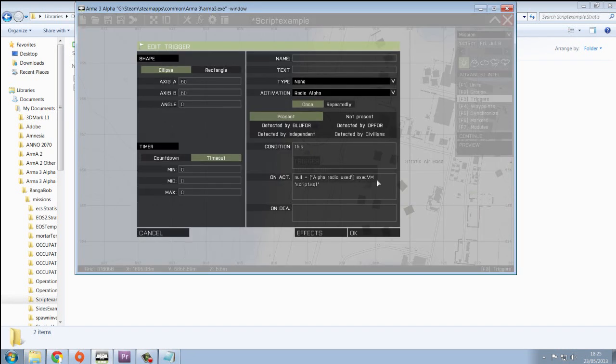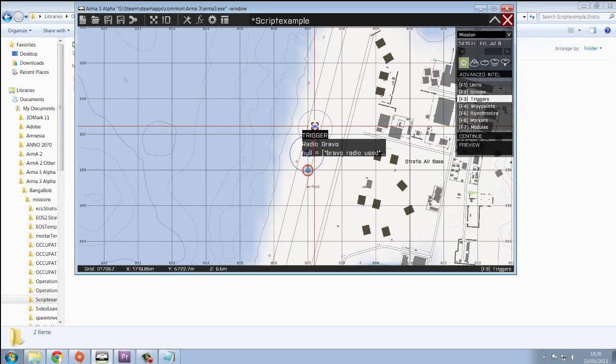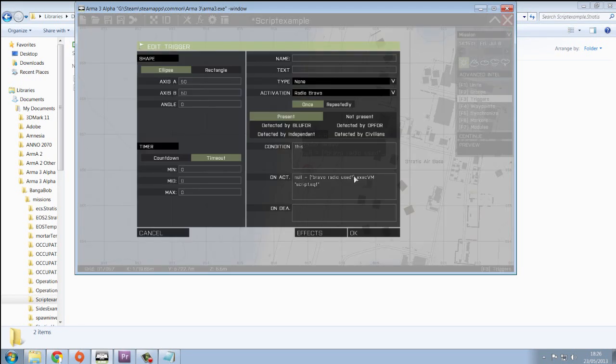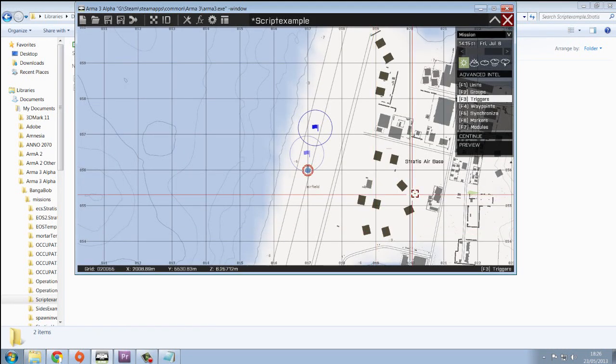All we want to do is comma and type true. No speech marks because this is a command and not a text. And in the second instance of the script we're going to type false. So you'll see